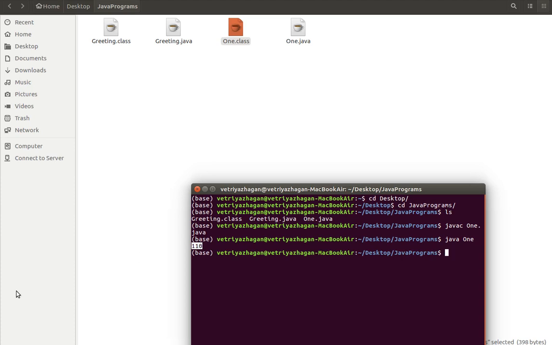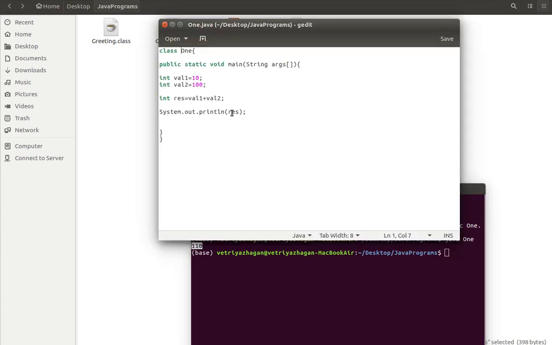But if you'd like to modify it, say I'd like to have a message saying output, then you'll have to place it within double quotes, then a plus symbol. If you'd like to leave a space in between or a colon, you'll have to do it like this. This is basically concatenation: this is a string and this has a result, and we are trying to concatenate both and print it. This is how it has to be.